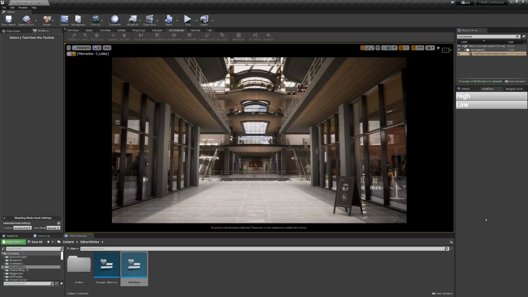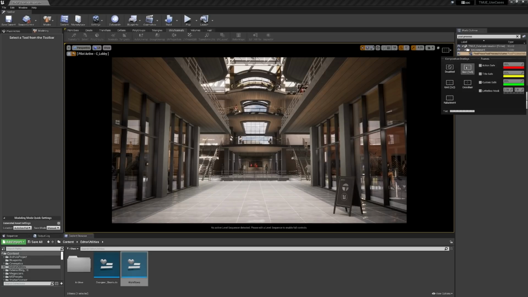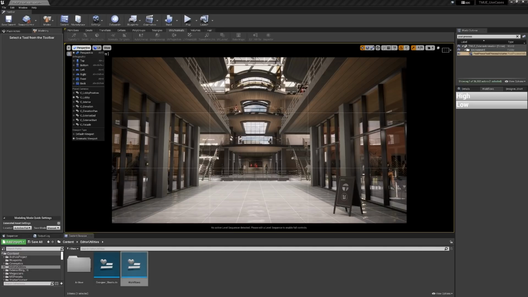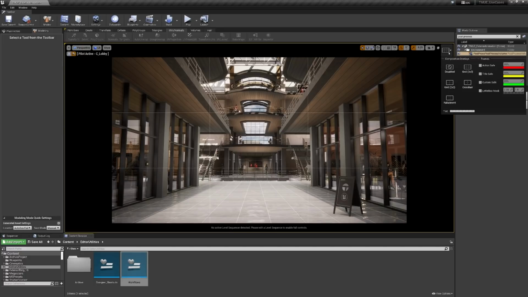Now you'll see with my screen, I have this button up here in the top right-hand corner that is going to allow me to apply a composition overlay. Now, if you do not have this button, you can get it by going over to perspective and going over to cinematic viewport. So this can be very helpful when you're setting up your camera or if you want to change the camera that came in from the still image from Twinmotion. You'll see we have a couple of different options here, and we can apply some safe frames as well.